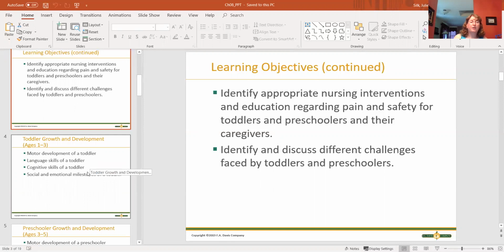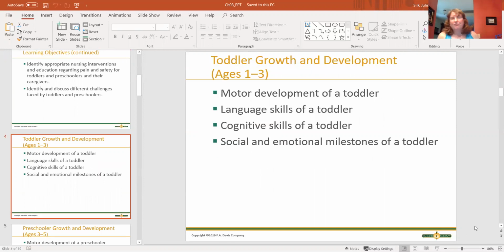Lots of stuff here. This is a cute age. It can be difficult at times, but it's a pretty cute age. Okay, so